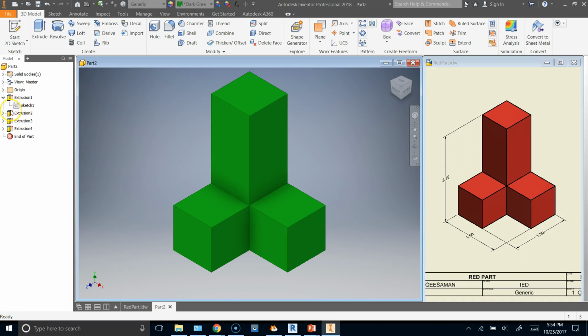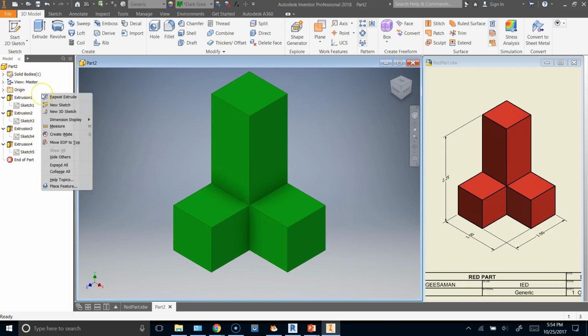I don't want extra sketches lying out there. I actually want to use as few sketches as possible. Extrusion 2, expand it, it consumes sketch 3. Extrusion 3 consumes sketch 4. And extrusion 4 consumes sketch 5. So I used 1, 2, 3, 4 sketches for 1, 2, 3, 4 extrusions. Not too inefficient. Now that I'm done, I can right click over here and I can collapse all, which means